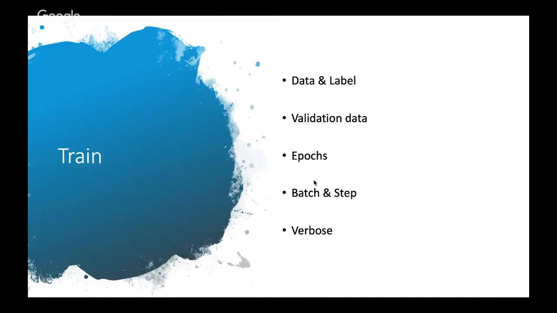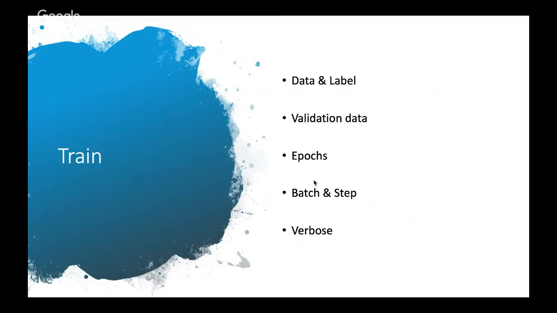And also epochs. Epochs means the time you go through all the data is called one epoch. It's not one batch of data. So the whole data set, maybe you get multiple batches. The time you go through all the data set is called one epoch. Okay? Batch and step. Batch is the time you use the whole batch data to train the model. So after the whole data is finished, I will modify the fit based on that one. Okay? And for the step